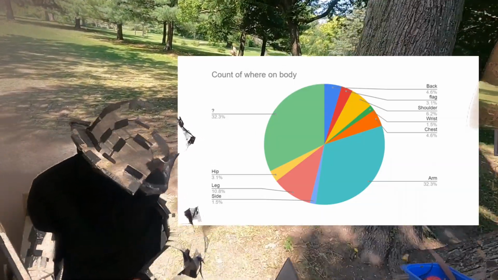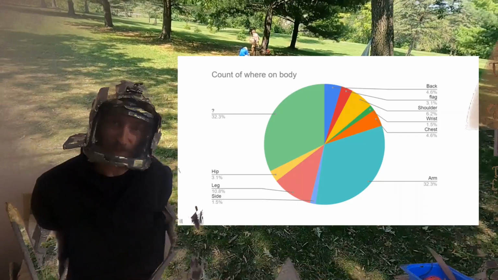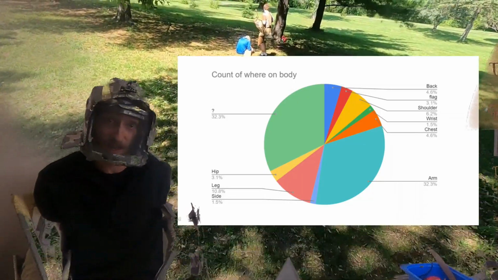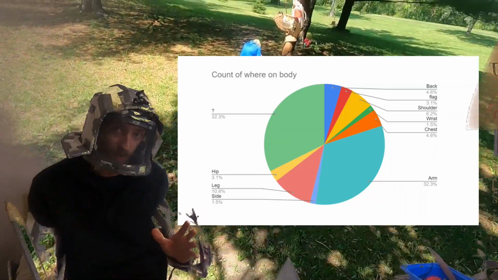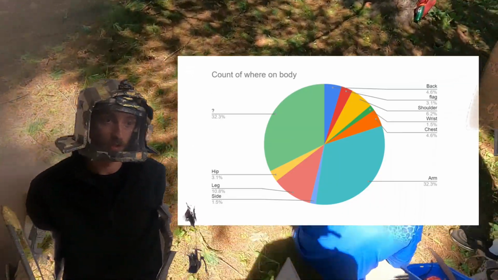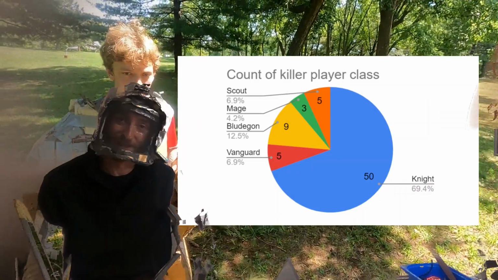Notice a lot of legs. I think legs are actually the second most common location, and that is definitely perhaps partially my fault. My particular fighting style at AIC does focus around leg strikes because it's great for shield users to get under and around things. So that's a whole different story. But there's another pie chart, and then the last pie chart.